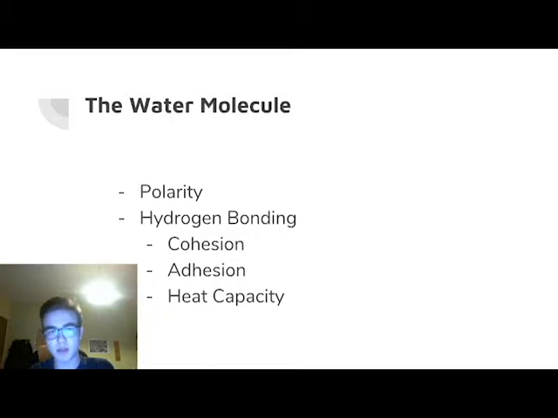The first and main property of the water molecule is polarity. With 8 protons, water's oxygen nucleus attracts electrons more strongly than the single protons of the water's 2 hydrogen nuclei. As a result of that, water's shared electrons are more likely to be found near the oxygen nucleus. Therefore,